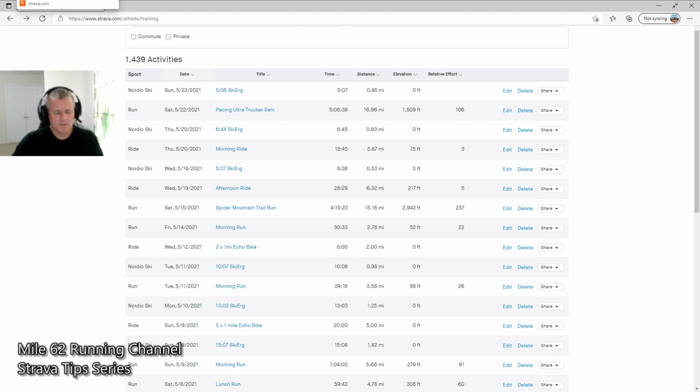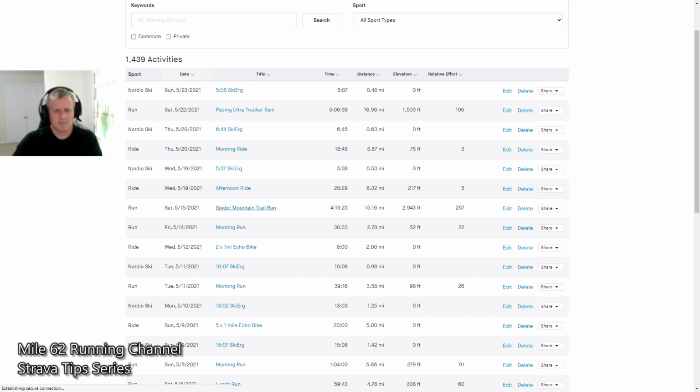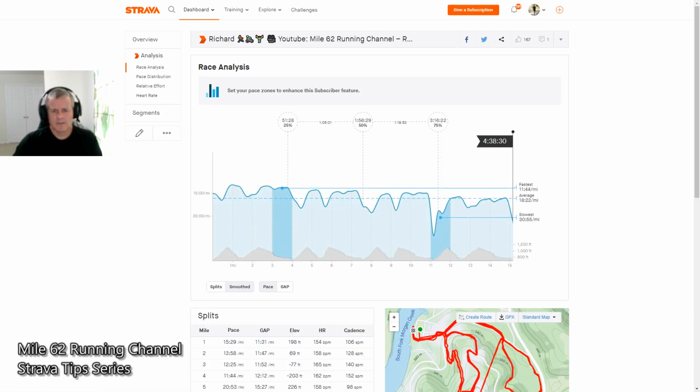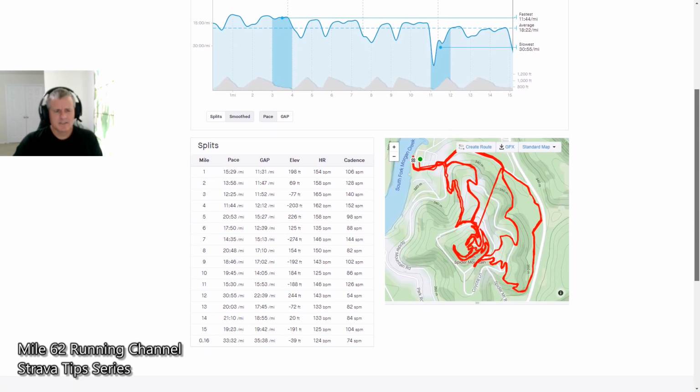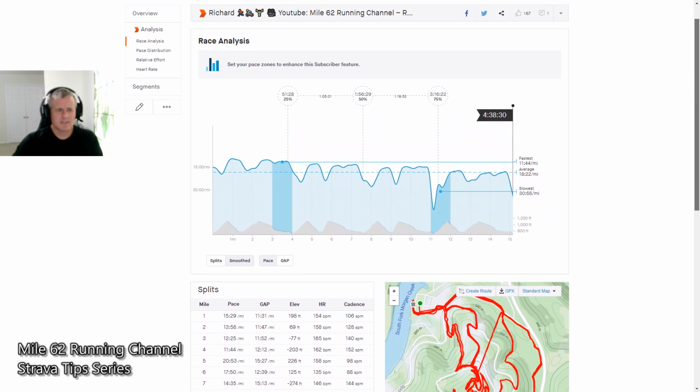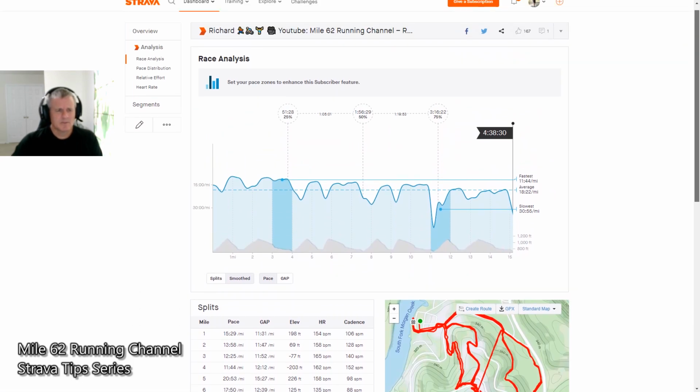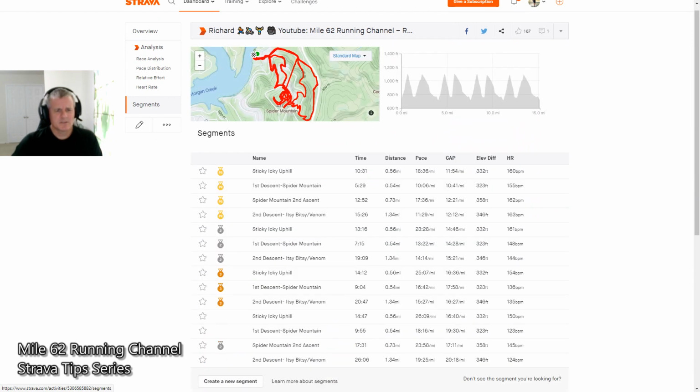So what you want to do is go on your desktop. This feature is only available on desktop, not on mobile phone. Go into your Strava homepage and then choose My Activities. Go into the run that you want to look at. In my case, I'm selecting this Spider Mountain Trail run that I did back in May, and it will pull up, and you can see this one has a lot of segments on it. I'm going to go into segments, which is there on the left. You choose the segments button, and